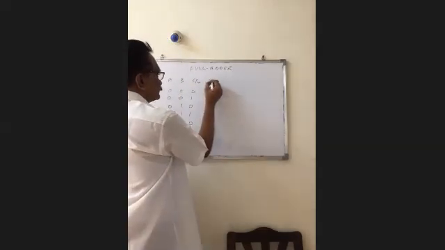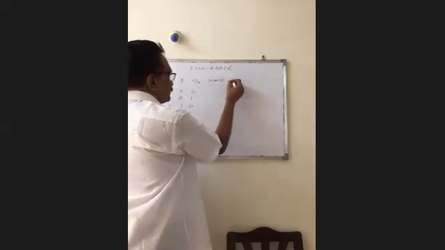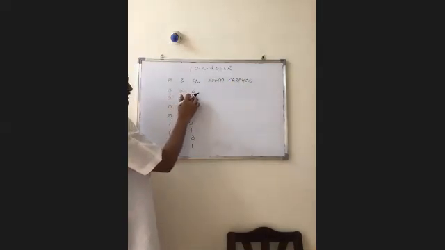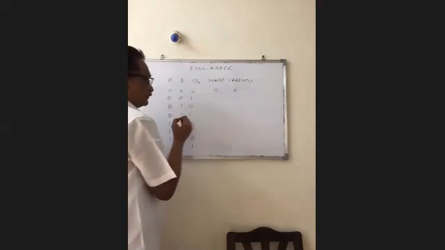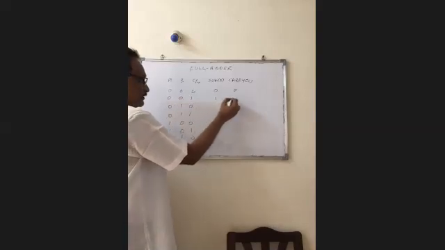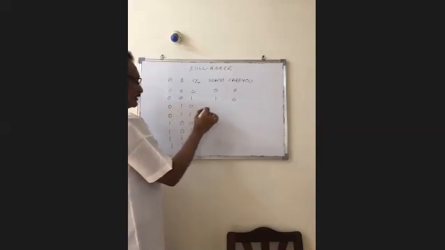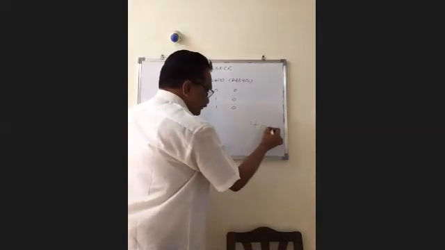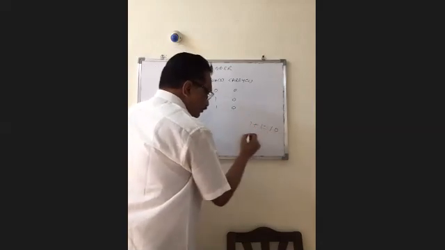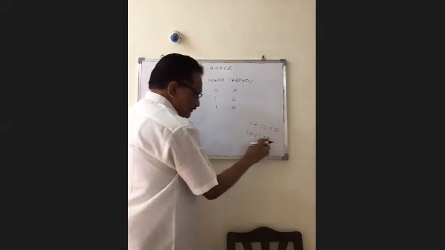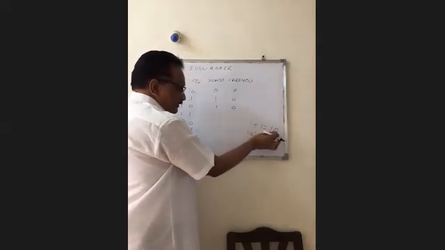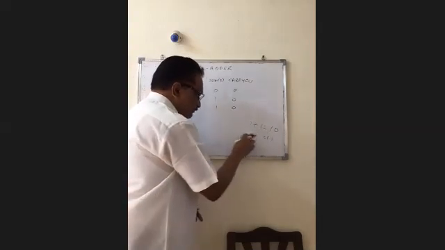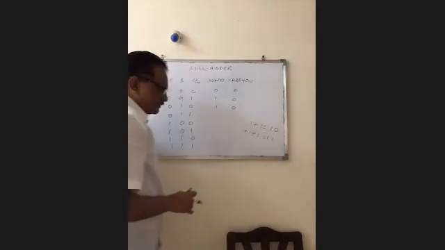So it has 2 outputs. One is the sum, and the second one is the carry. 0 plus 0 plus 0 is equal to sum 0, carry 0. 0 plus 0 plus 1 is equal to sum 1, carry 0. 0 plus 1 plus 0 is equal to sum 1, carry 0. 0 plus 1 plus 1 is equal to 1 0, that is sum 0 with a carry 1. 1 plus 0 plus 0 is equal to 1, sum 1 with a carry 0. 1 plus 0 plus 1 is equal to 1 0, that is sum 0 with a carry 1.